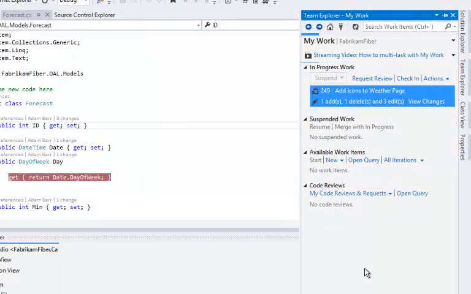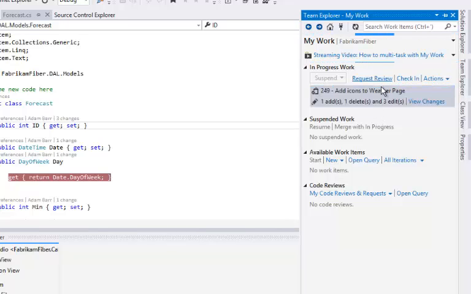I want to now show you code reviews. Again, even though I'm using Visual Studio and TFS 2013, the code review workflow was introduced in Visual Studio and TFS 2012. Again, in the My Work pane, I can see a request review link. I'm going to hit request review,